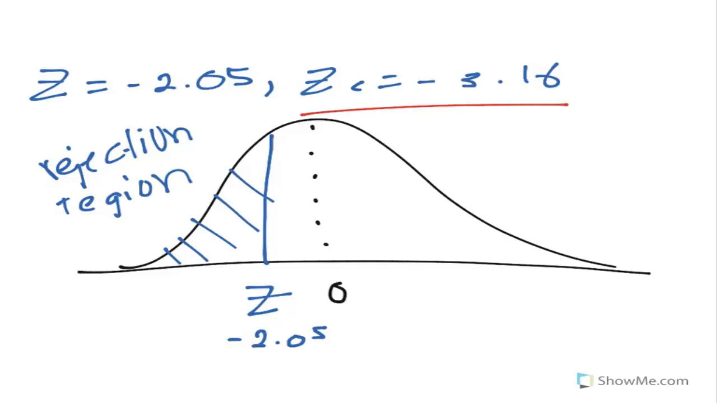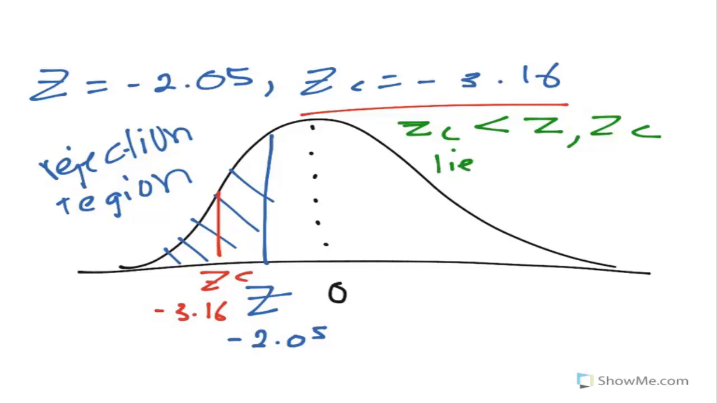ZC is negative 3.16, which is around here. You can just estimate. You do not have to do any accurate measurements. So this is ZC, negative 3.16. Now ZC lies in the rejection region. So what your conclusion is, as ZC is less than Z, ZC lies in the rejection region,